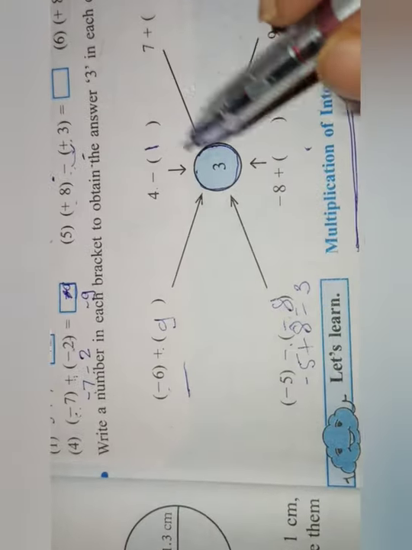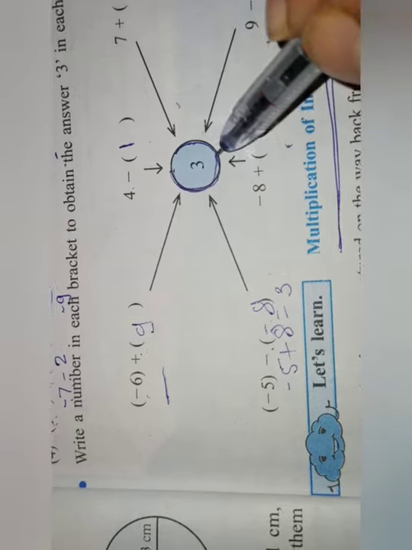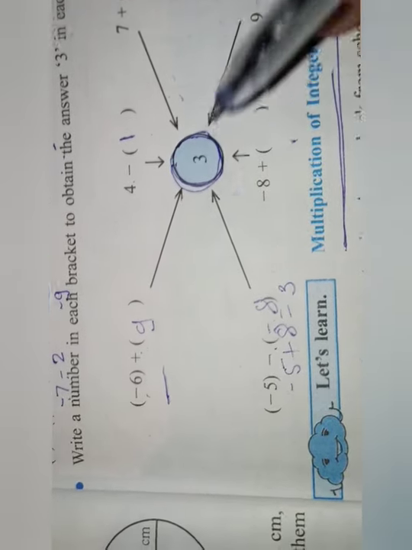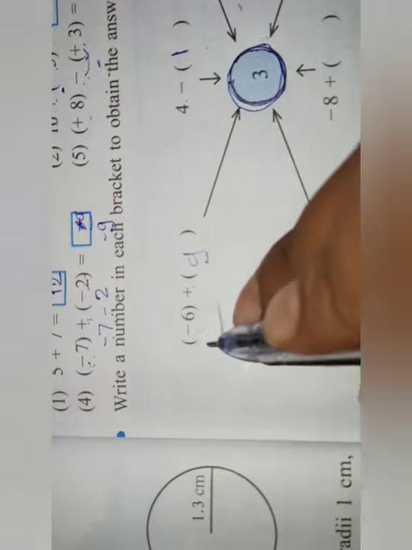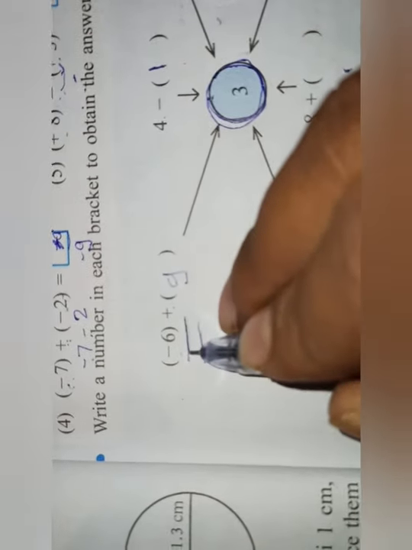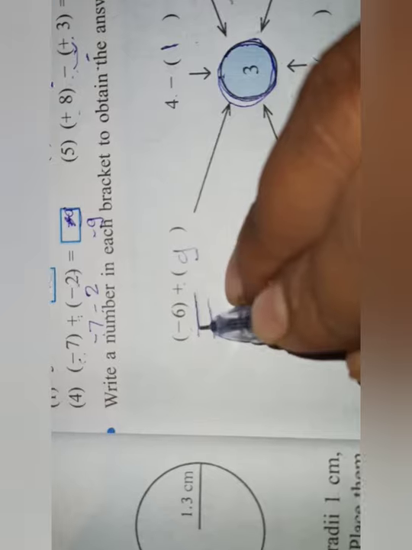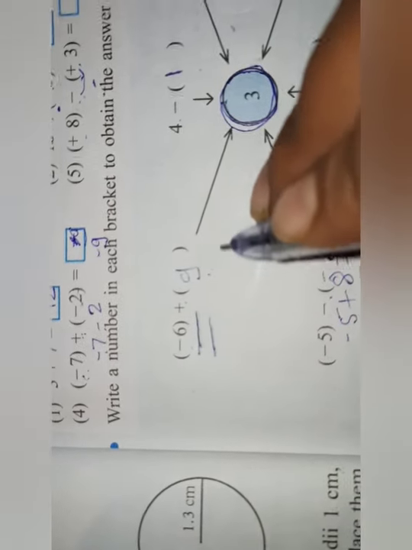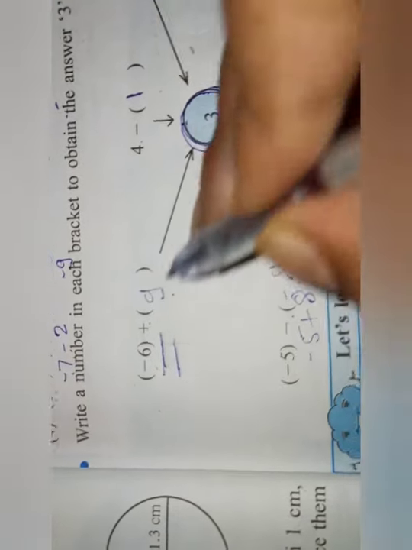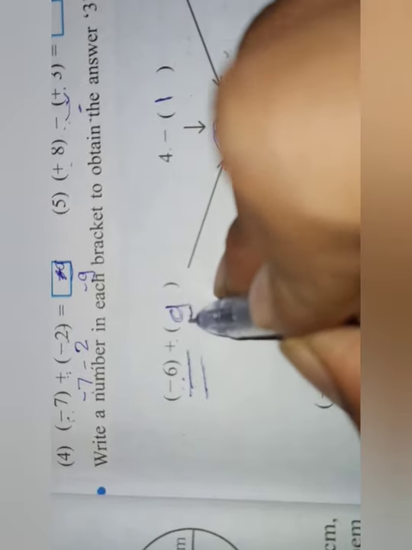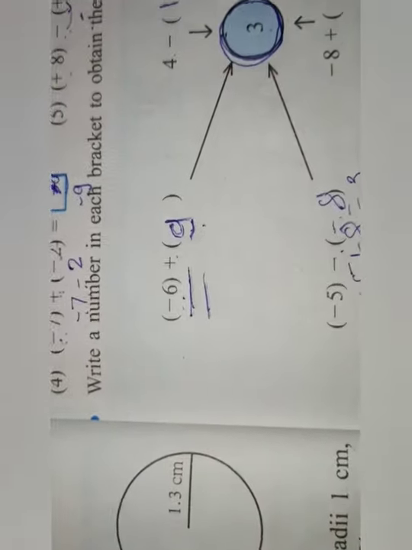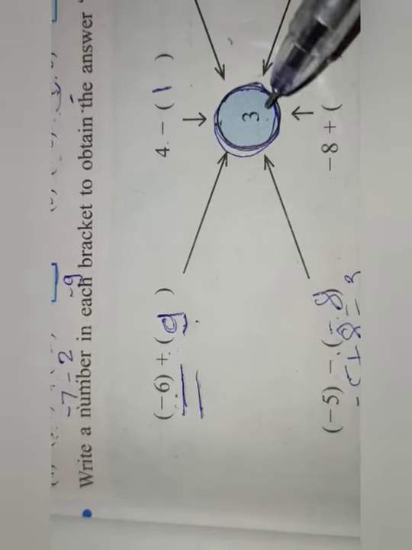Then also complete the second question. Here is plus 3. Here was the empty answer. They have given one term. Minus 6 is here. So which term will you take at the second place? So that answer will come plus 3. Here was minus 6. I took plus 9. So minus 3 and plus 9 became 3.